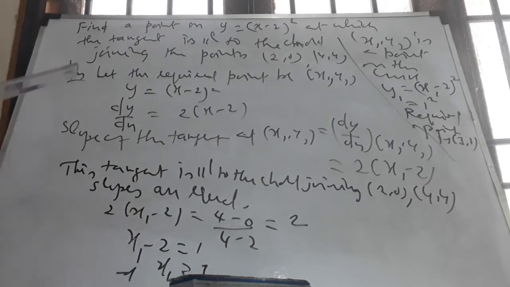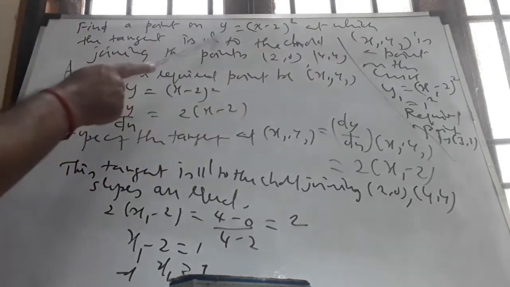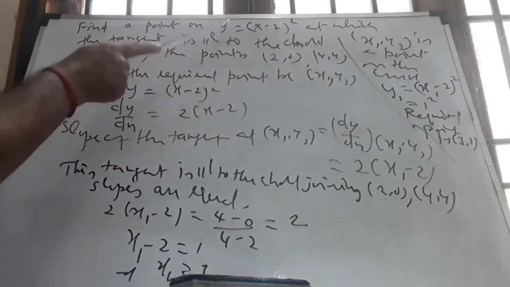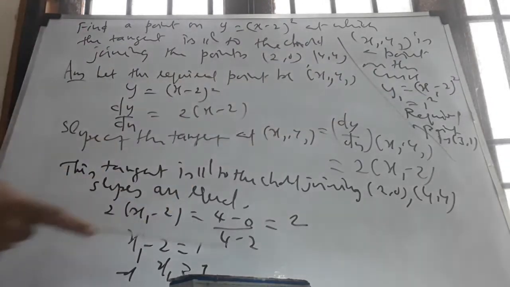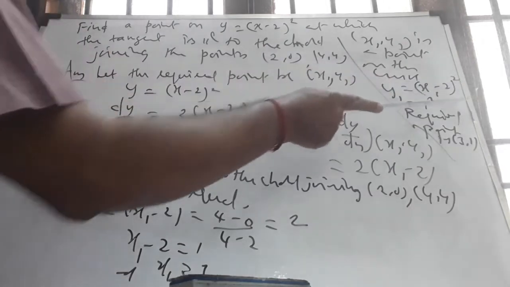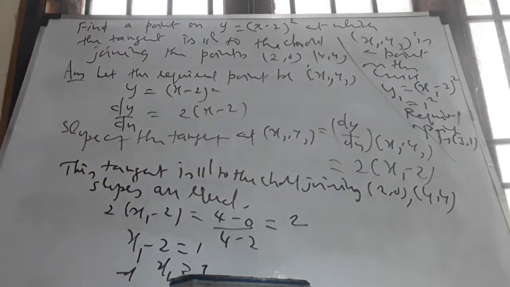How to get the corresponding y1 value? Whenever I am thinking of the tangent and normal at a particular point on a given curve, the point will be a point on the curve, a point on the tangent, and a point on the normal. I drew and showed it to you in one of the videos earlier. Now x1, y1 is a point on the curve, so it satisfies the equation. y1 will be equal to x1 minus 2 the whole square. x1 is 3. Therefore 3 minus 2 whole square is 1. The required point happens to be 3 comma 1.